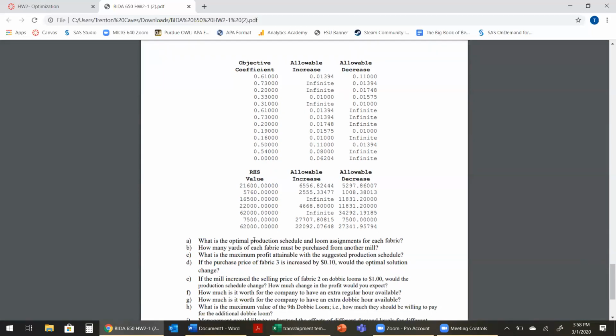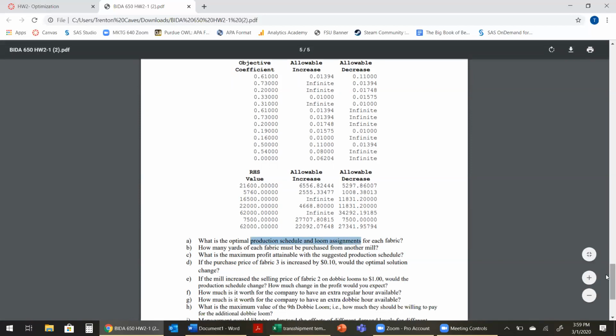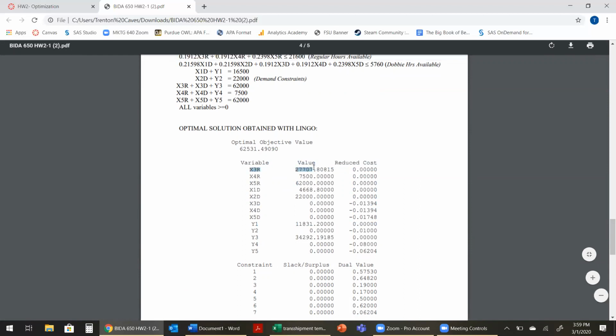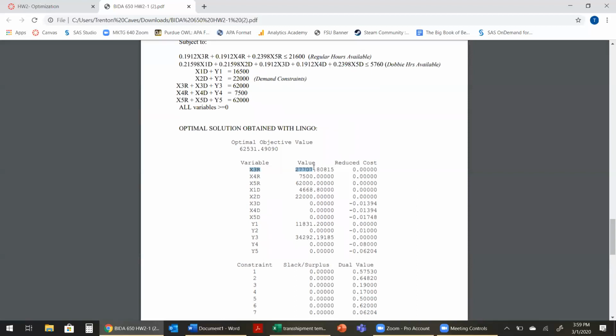So for question A, the optimal production schedule and loom assignments for each fabric, we're looking at our objective function and our objective solution. So that's this second section of the answer. This is telling us that we're producing 27,707 units of fabric on X3R, units of fabric 3 on regular looms, and you just go down and list out